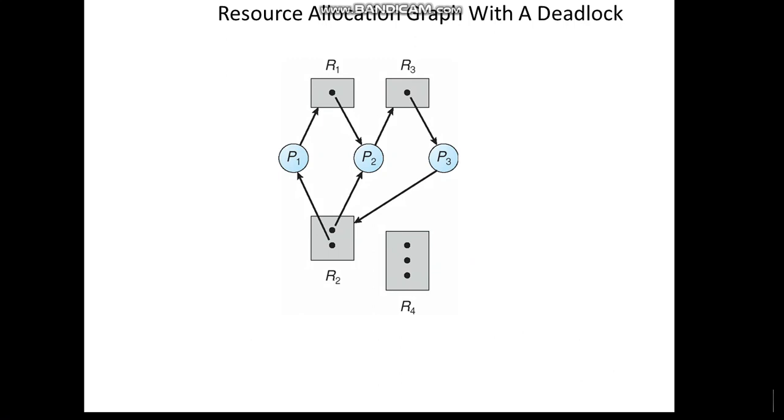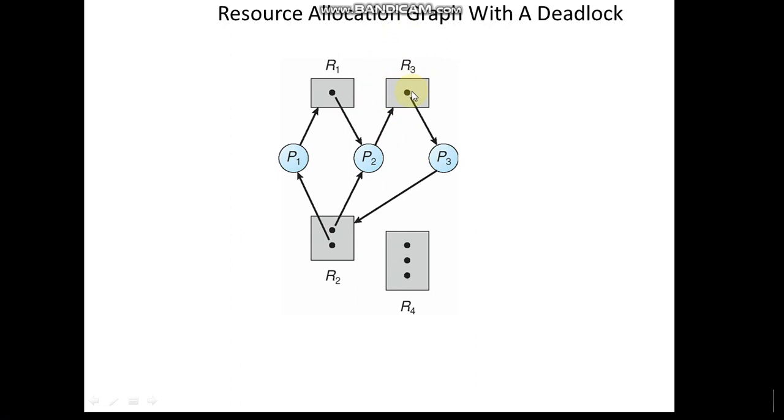See, this is the resource allocation graph which is showing a deadlock. Here I can show you mutual exclusion. Mutual exclusion in the sense that even though there are multiple instances, it is not able to share a single instance. As R1 and R3 are single-instance resources, they are not shareable.